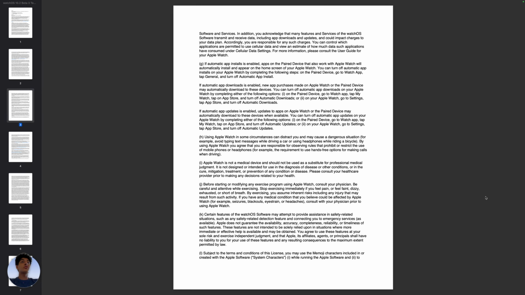K. Certain features of the watchOS software may attempt to provide assistance in safety-related situations, such as any safety-related detection feature and connecting you to emergency services as available. Apple does not guarantee the availability, accuracy, completeness, reliability, or timeliness of such features,